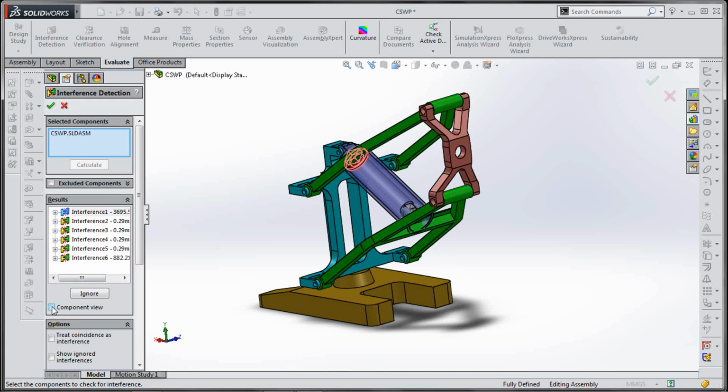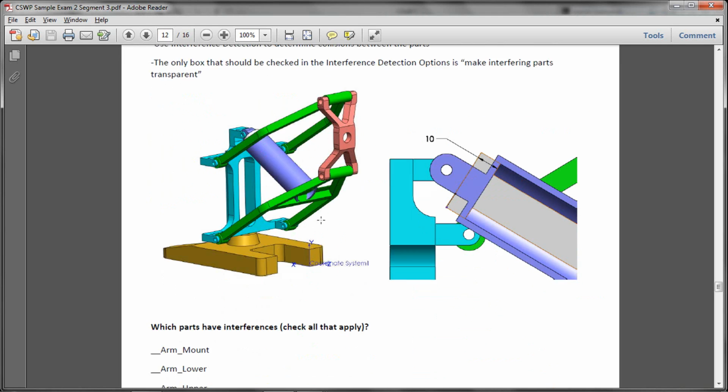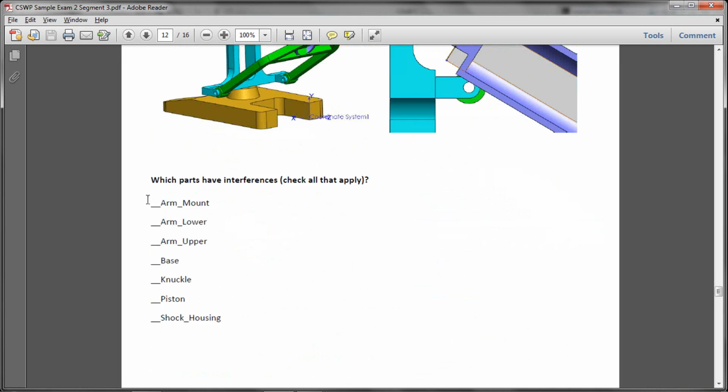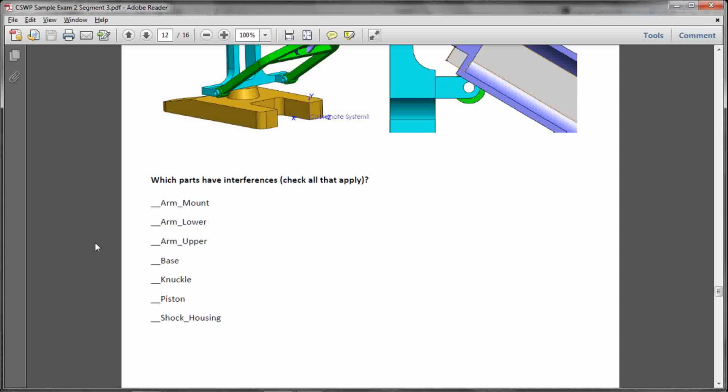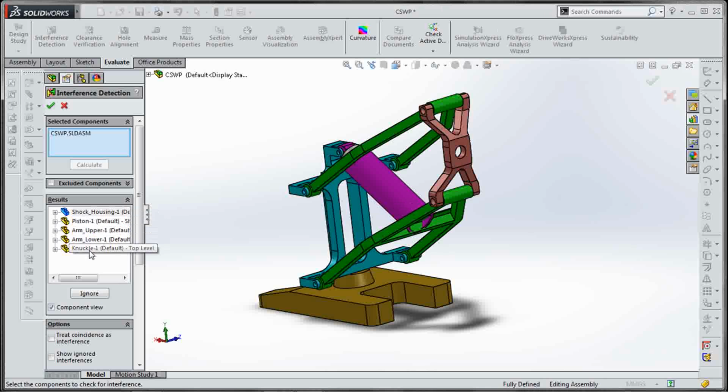So this can show up, and if you check this, you can see all components that are interfering, and that's what we need. Now you can easily find out which components are interfering.